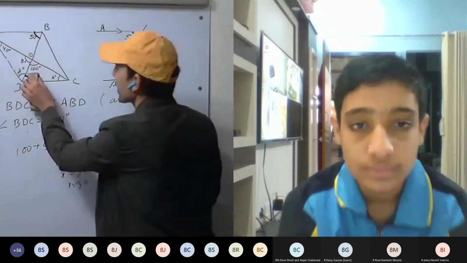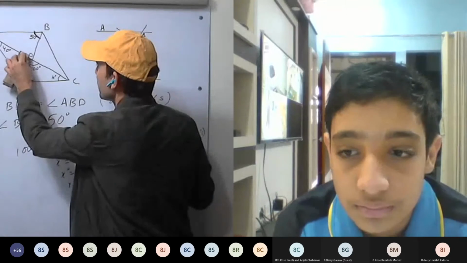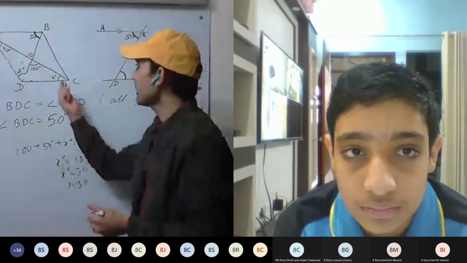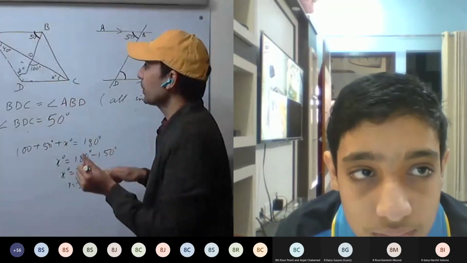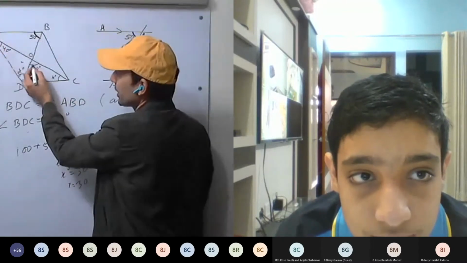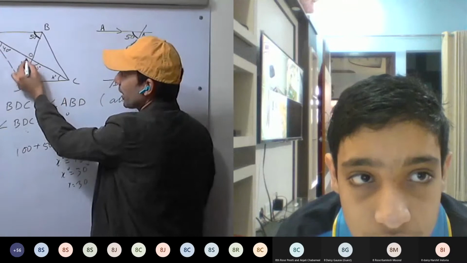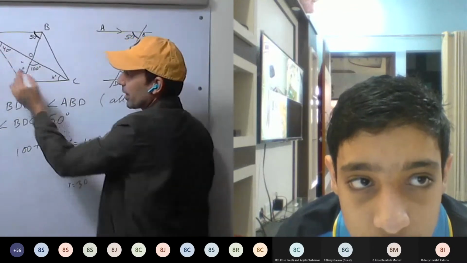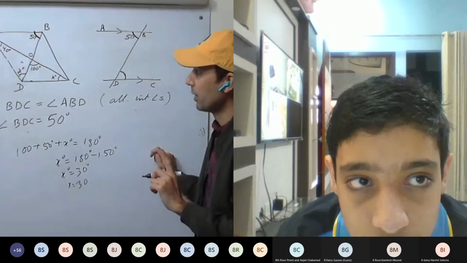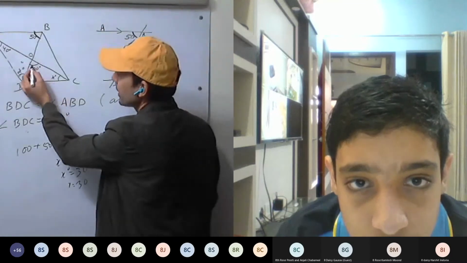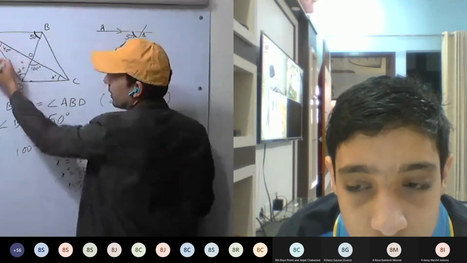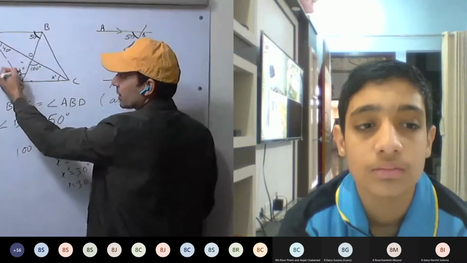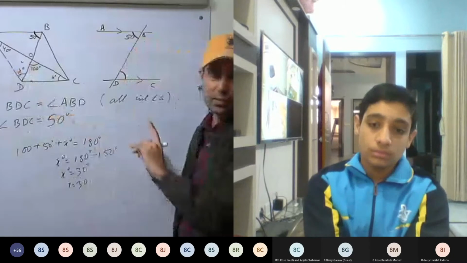Okay, we can revise it once again. See here what you have done. This is the figure provided to us. We have to calculate x and y. So what is given? Here 40 is given, here 100 is given. So either we can calculate this angle as 80 degrees, then using the sum property of the triangle, we can calculate y. One way. Second way, this is the exterior angle of this triangle. So 100 equals the sum of interior opposite angles. That way as well we can calculate y.